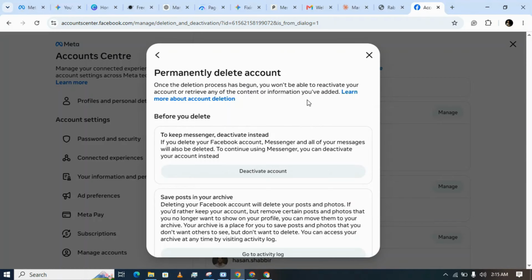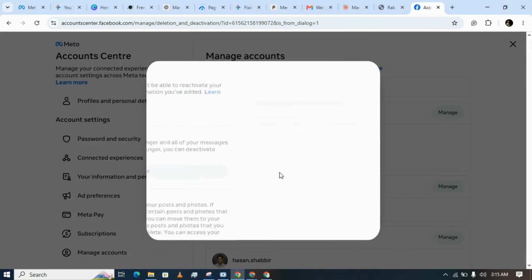So before you delete your account, you can go to activity log and export your data, like your chats, your images, and everything else there. You can retrieve it and download it for your personal use. Then click on delete account,